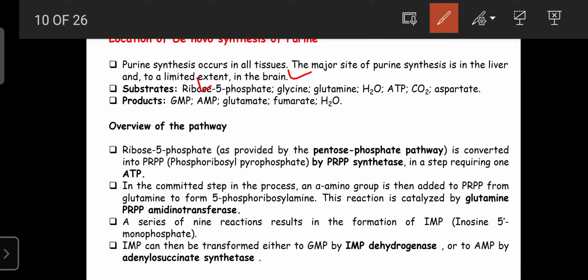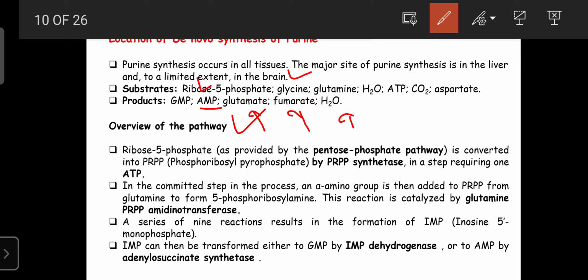And the end products after the biosynthesis of purines are GMP, guanine monophosphate, and AMP, adenine monophosphate, as well as glutamate and fumarate, and water is formed during the synthesis of the purines. Now for an overview of this pathway, the de novo purine synthesis pathway,